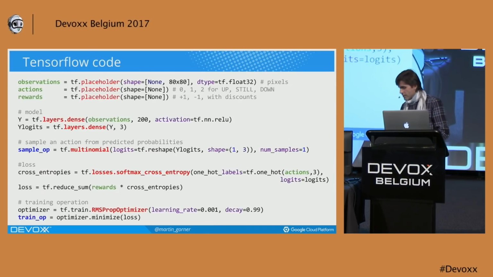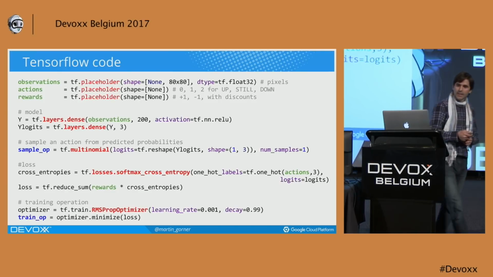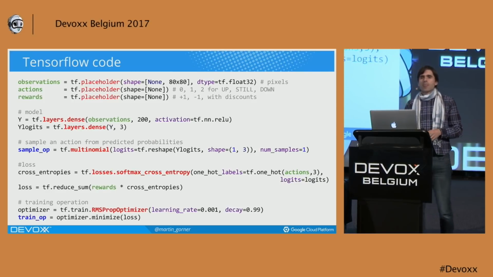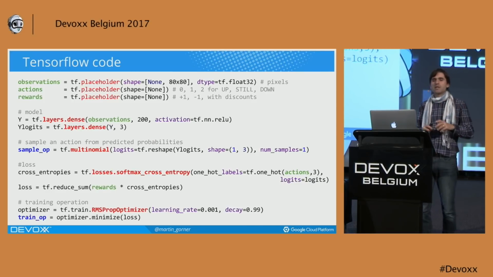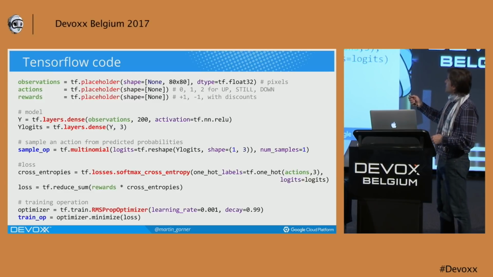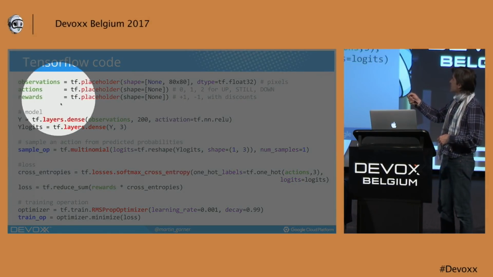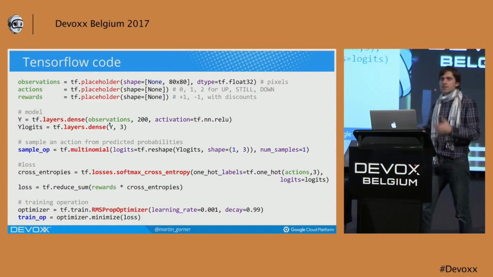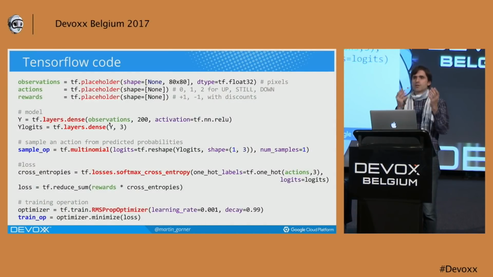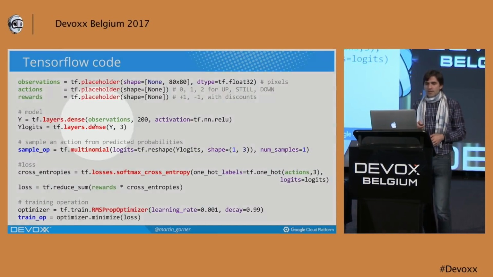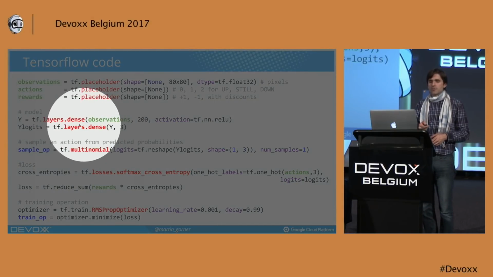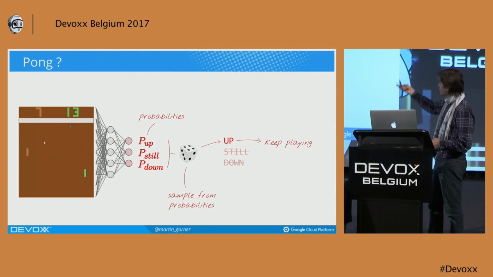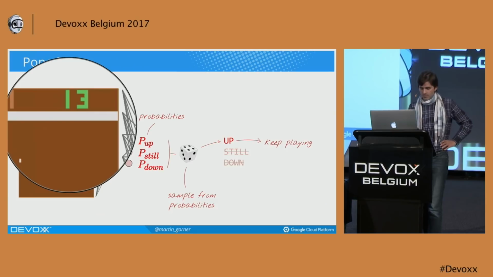So how would you write this in TensorFlow? Again, we won't go through the entire code, and it's missing bits and pieces, but I just want you to spot where those big pieces are. Initially, we have a first dense layer that will read the board. The observation here is, as I said, the difference between two frames of the board itself. A second dense layer after it implements the softmax. So you see here you have two dense layers, and in the code you see them twice here.